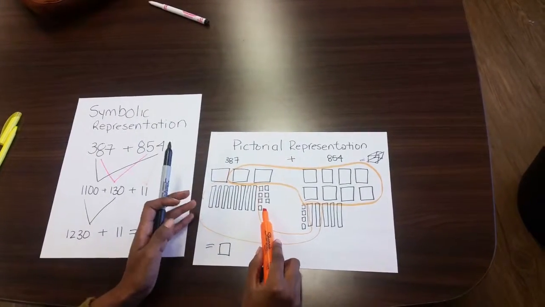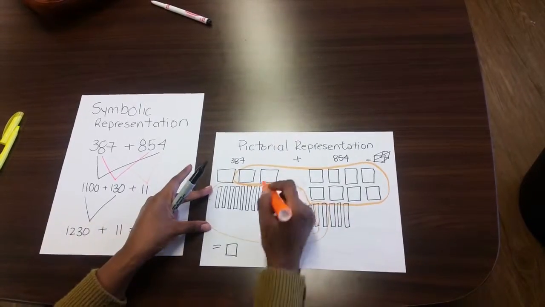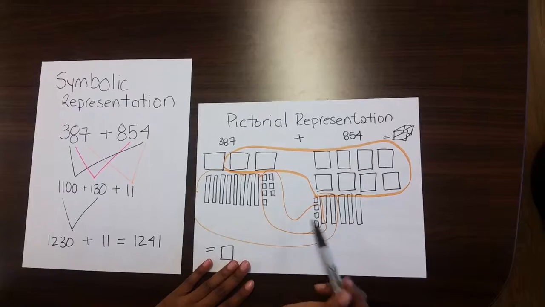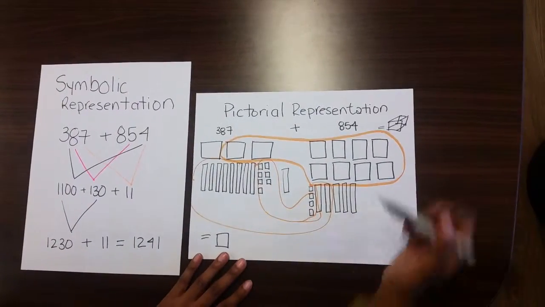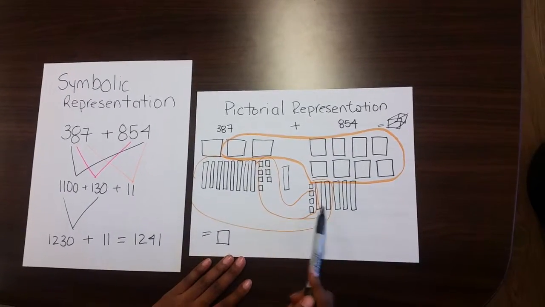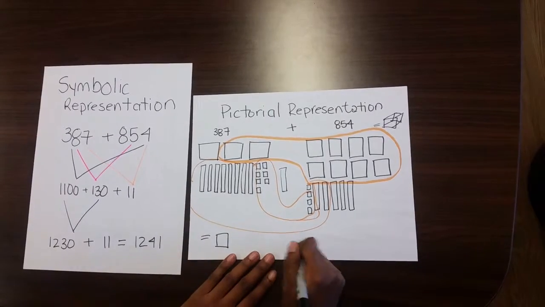And here I have 7 ones. If I group 3 more ones, I'll get a rod. These 7 ones with these 3 will become another rod. So now I have 1,241, which will equal